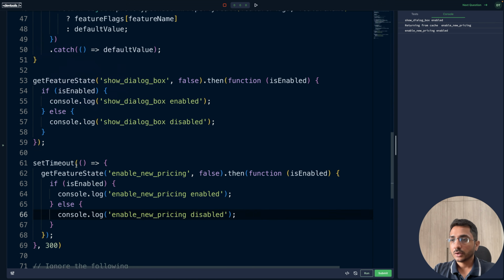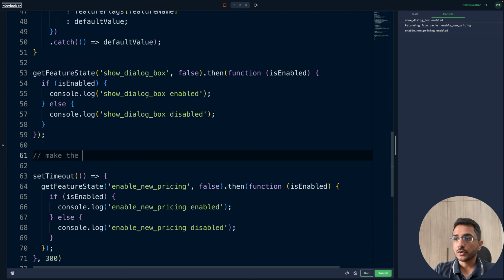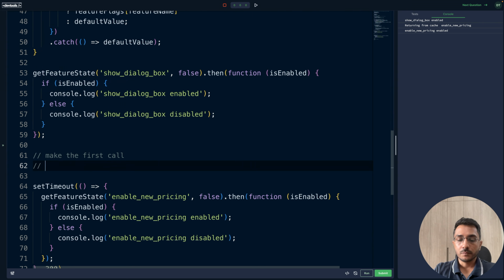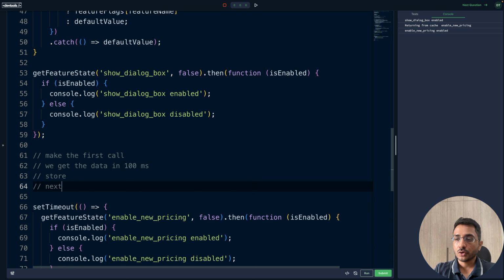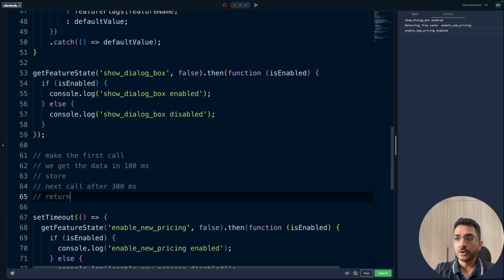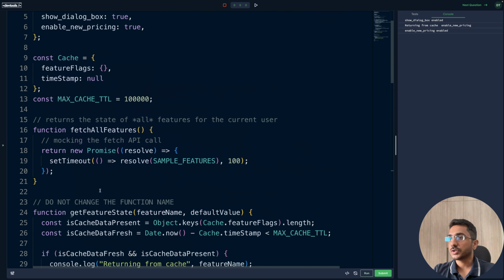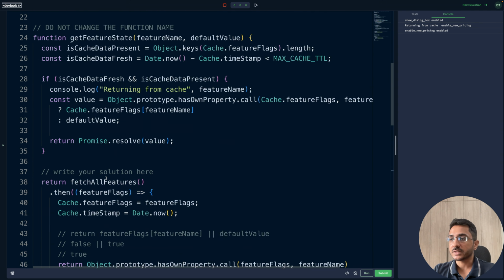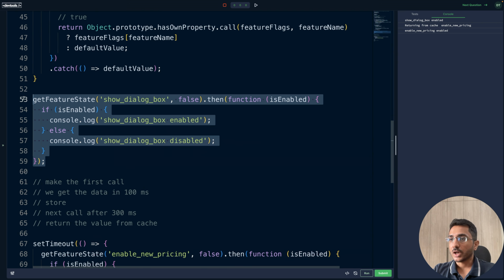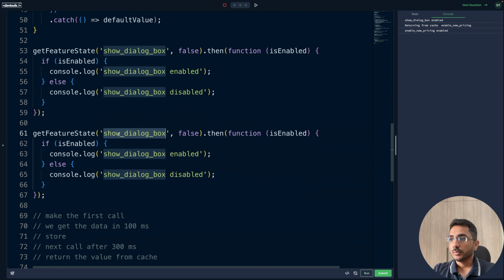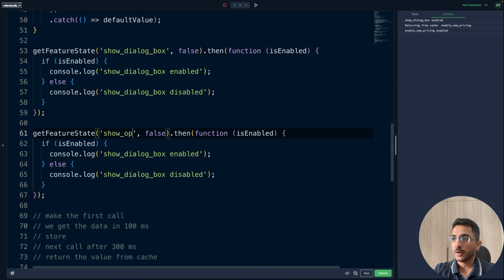So if we understand this now, we make the first call, we get the data in 100 milliseconds or so, we store it. Next call after 300 milliseconds, I'm just mocking it out to show you different scenarios, and we return the value from cache. So this takes care of our cache part, but there is still a particular scenario left. Let's say I copy this show dialog box and I maybe make a call for a flag that is not present or anything. In this case, let's say show pricing v2,